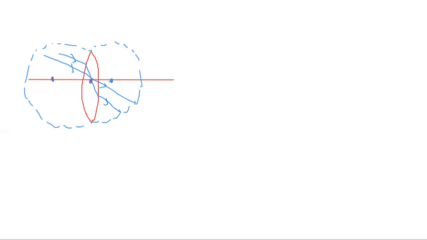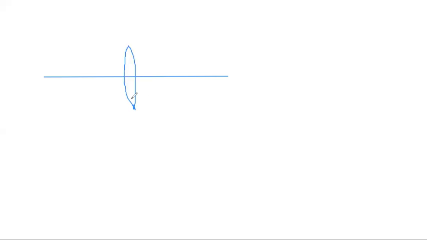Focus and focal length. Now you have the principal focus, right? There are two focuses. Up till now, you must have learned that there is one focus of a lens. No, there are two foci of a lens. One is the principal focus and the second is the secondary focus, right? So principal focus and secondary focus. Let me draw the lines, then you will be able to understand.